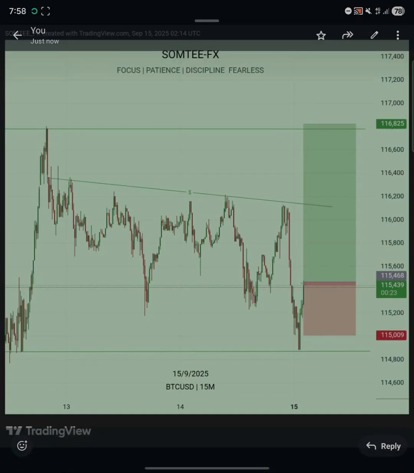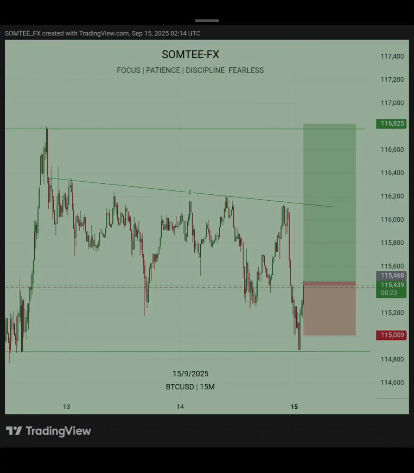Okay, here this is a recent, probably recent BTC trade. It's just your analysis. You see, after the analysis, I went to the lower time frame, which is the 15 minutes time frame, to check on it. Okay, this is 15th of September 2025. So you come here. This is just a small analysis I just made, because I already know the market is gonna move up in that particular direction, because there was a liquidity here which I mapped out, probably the highest part it's gonna reach before it goes down. So let's just see how it went.